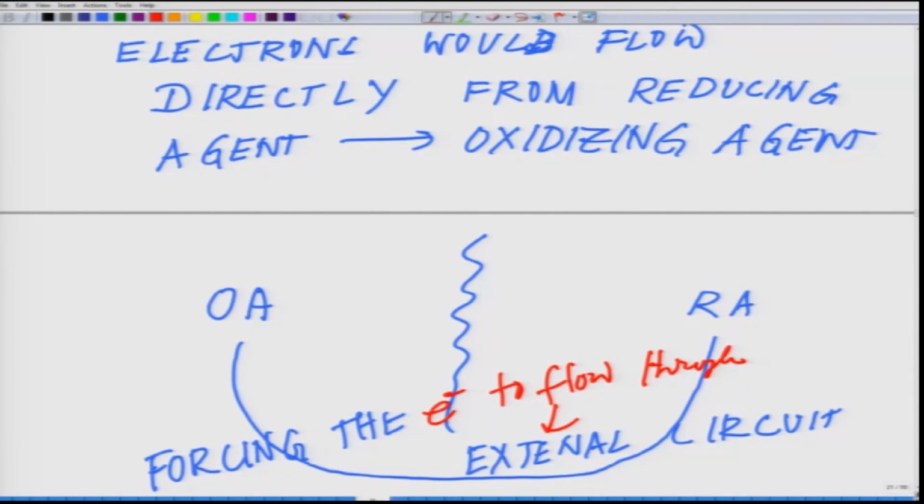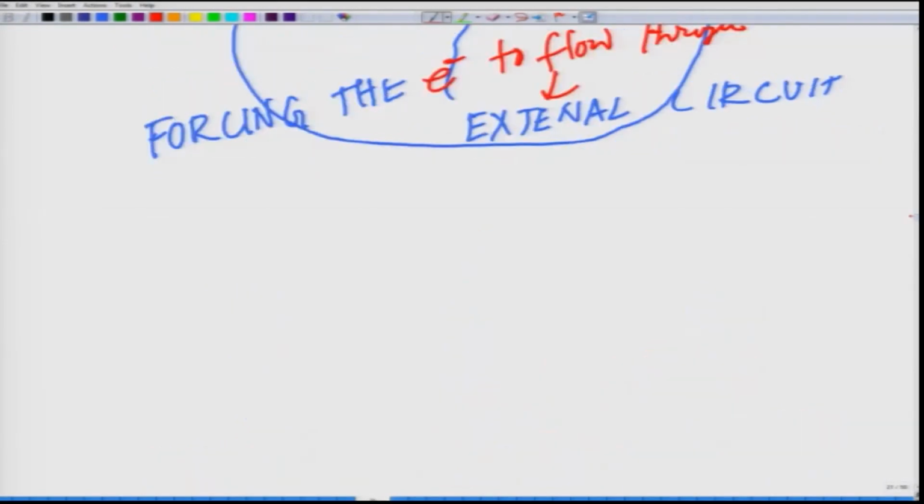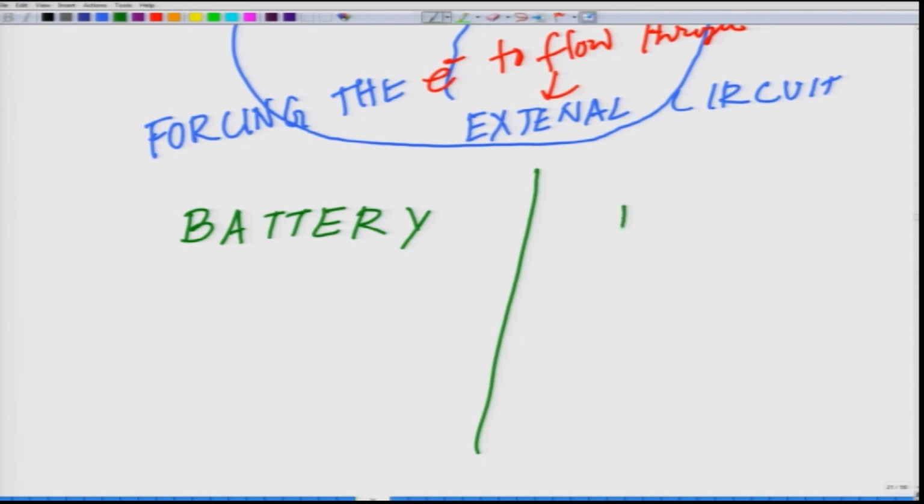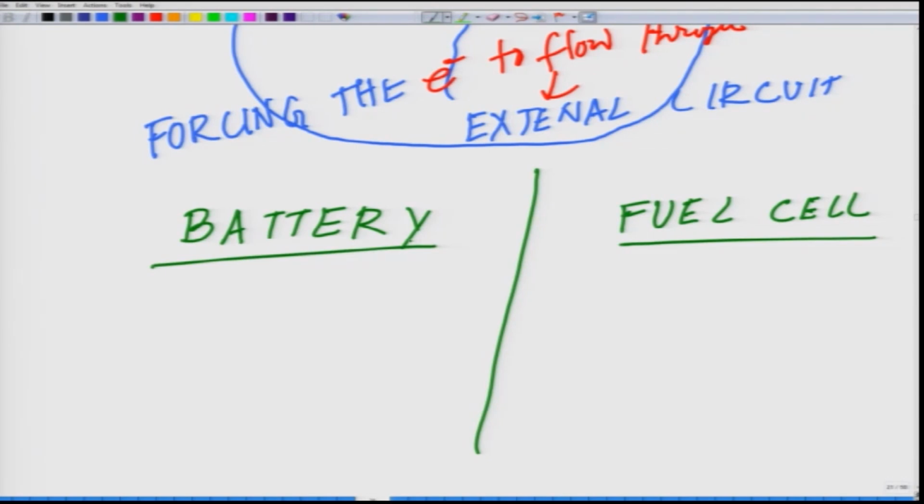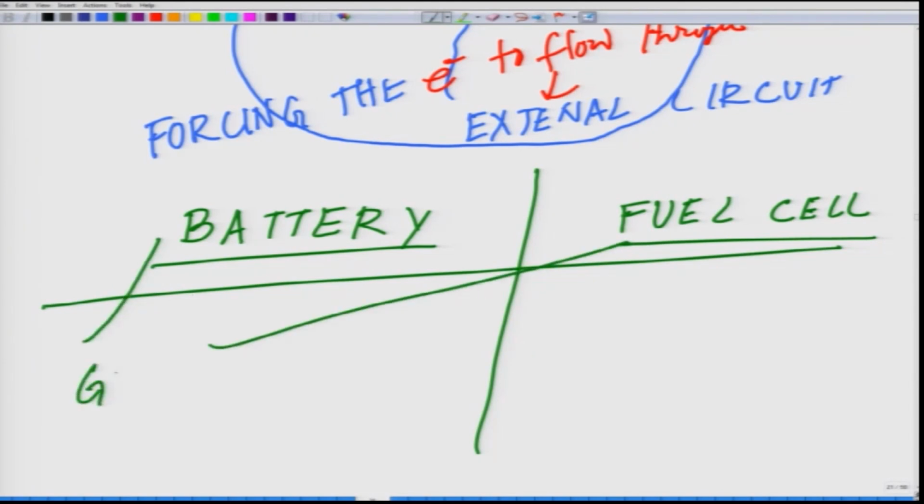reactant to the other. Now, there are two terms which I have used and today I wish to highlight, which will come very handy in future when we talk about batteries, where you will find a lot of applications of this, or the fuel cell. I am just giving a small hint and then I will again carry over from here. So, when you talk about a battery, essentially it is a galvanic cell that consumes the reactants to generate electricity. Both of them are galvanic cells, by the way. Both these are examples of